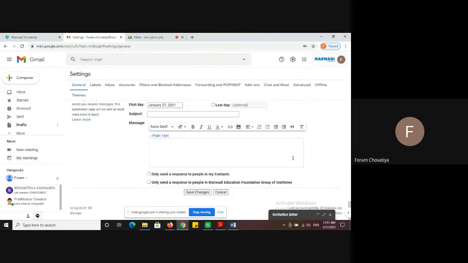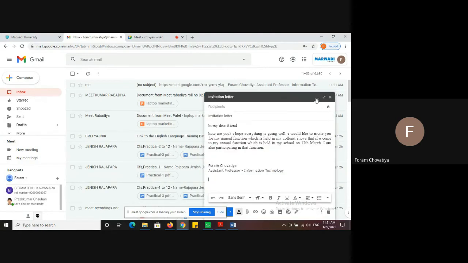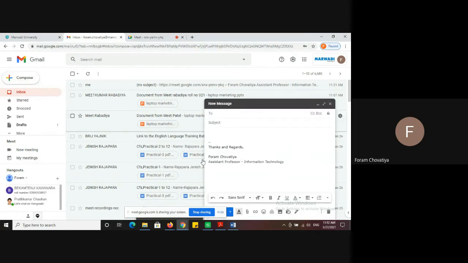Then scroll down, then click on save changes. If you click on save changes, your signature will be done. I think in this mail ID it is not visible, but if you write a new mail, you can see here thanks and regards and my name, my designation and my department. Okay, you can see how you can add your signature.